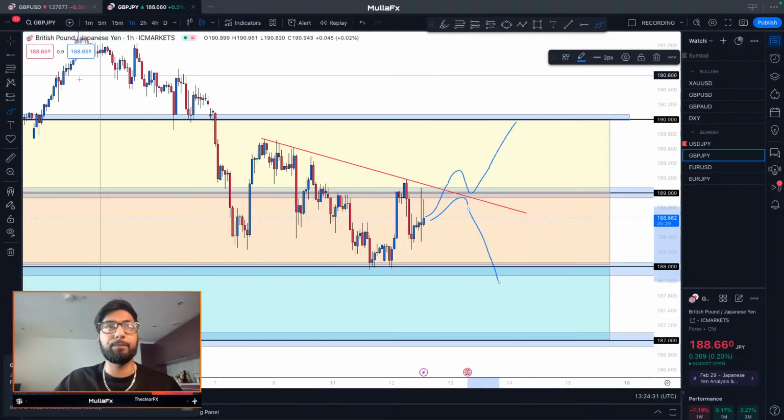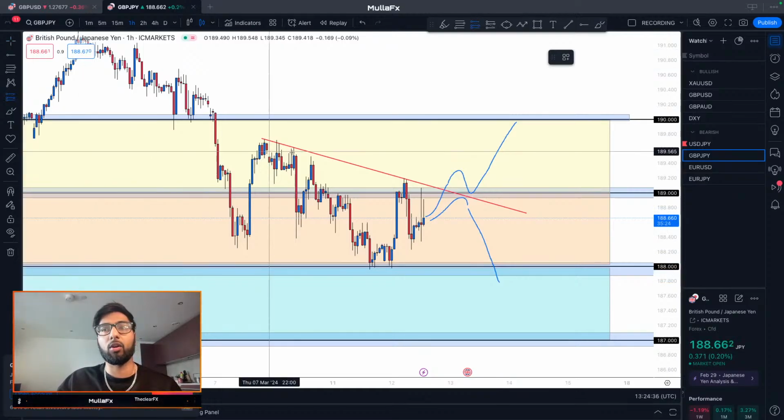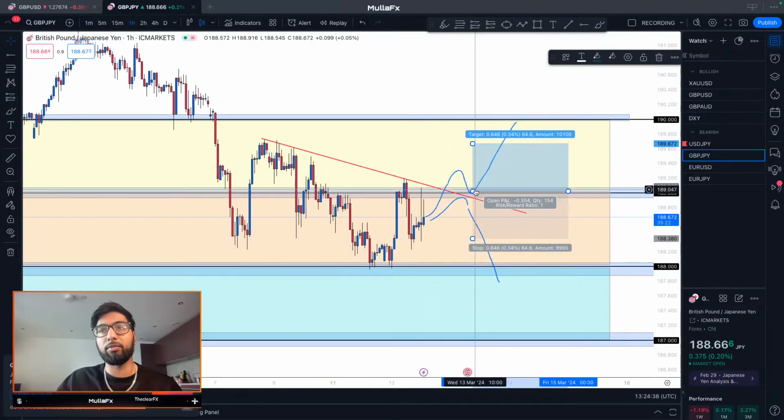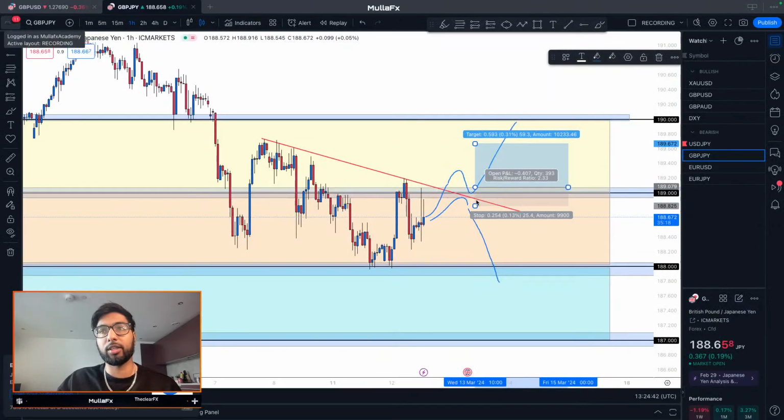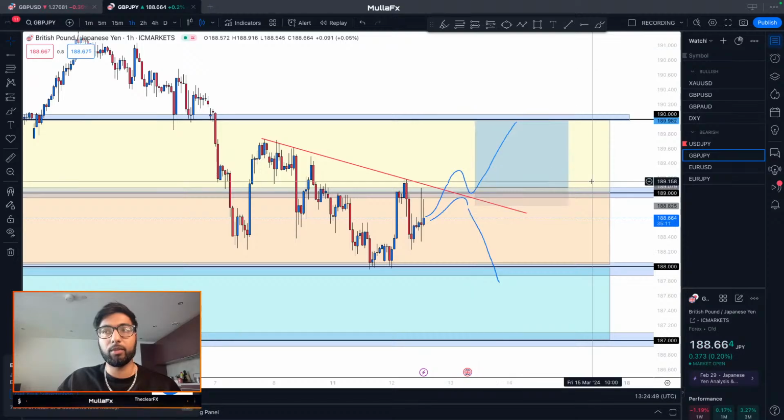So then what I can do is, okay, cool. There are two positions I can have. A long position above this key level, entry above, stop loss just below the trend line, take profit all the way up to this take profit right here, which gives us a nice 1 to 3.5 risk reward ratio. Or